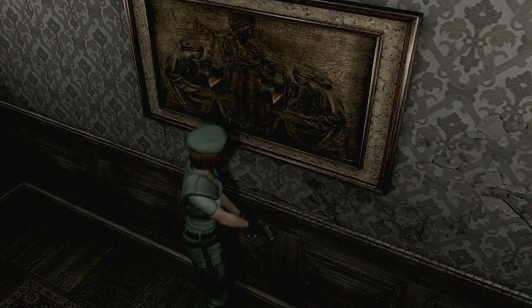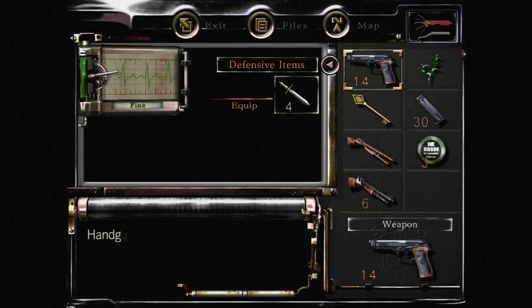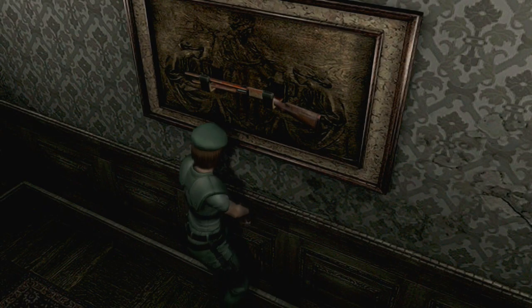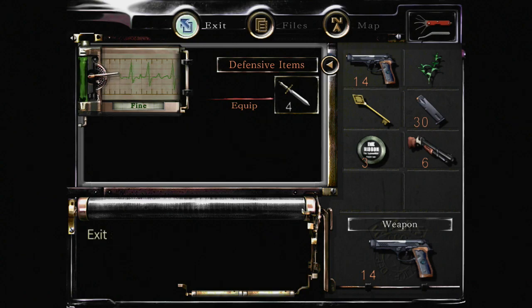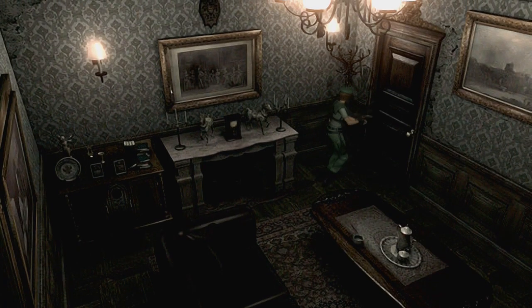Now, clearly when you take the shotgun, something raises up. The best way to handle that is if you have your trusty broken shotgun, you can pop it right there and you're good to go. Trap disarmed. But if you didn't know that was a trap, or if you were foolish enough to enter this